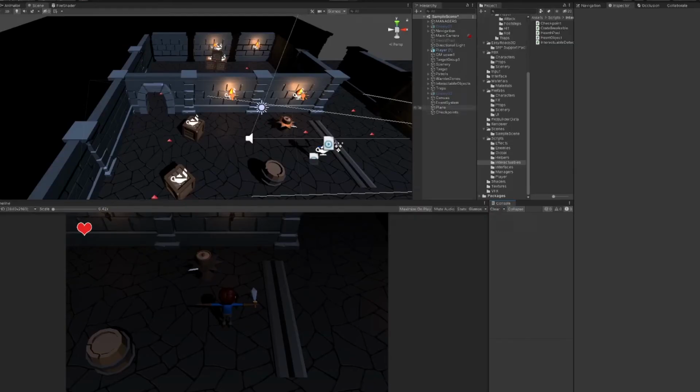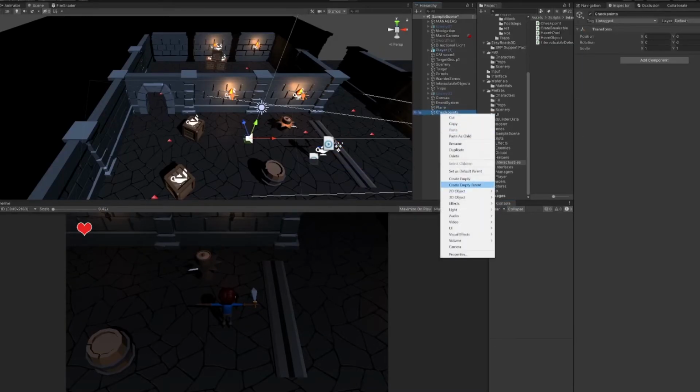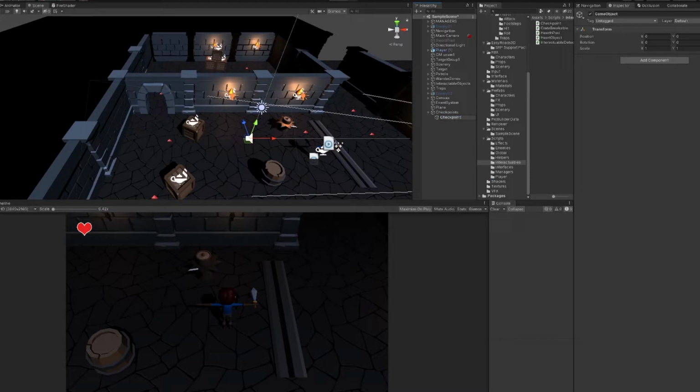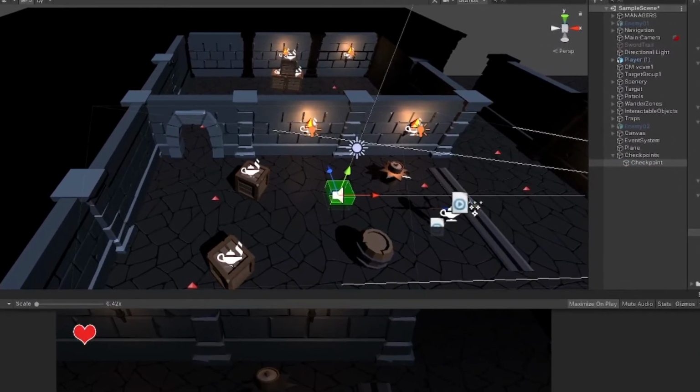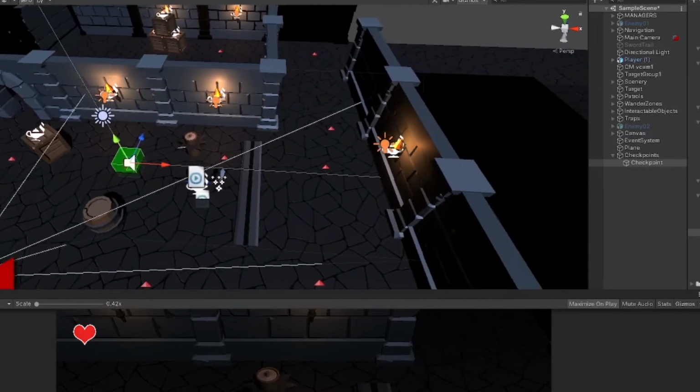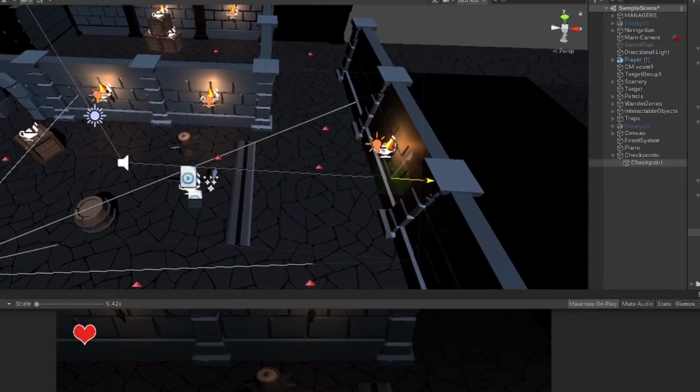But not for long. I needed to create a checkpoint manager, and I thought that the traps would look silly just moving in the air, so I created some metal railings for them. For better visualization, I added a gizmo to the checkpoints' collider, so I can see where they are at all times. This gizmo will not show up in the game, but it's great to have in Unity's editor.